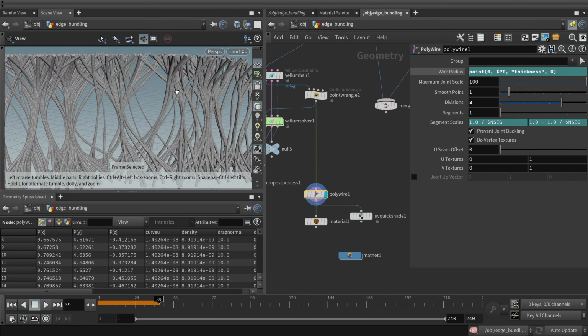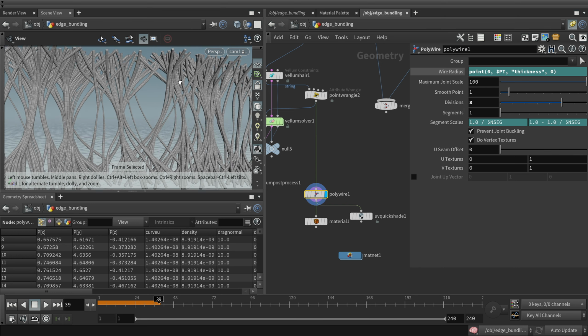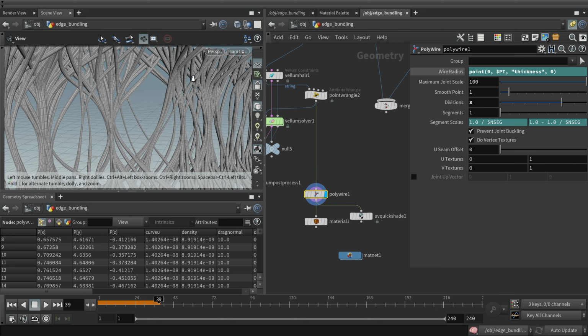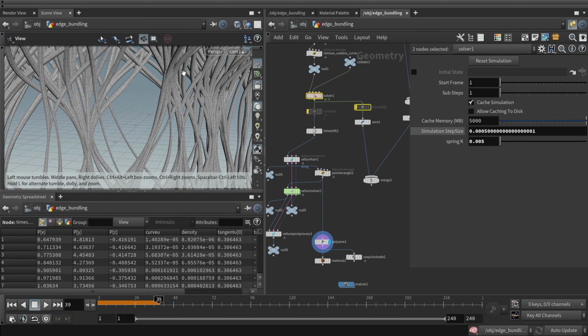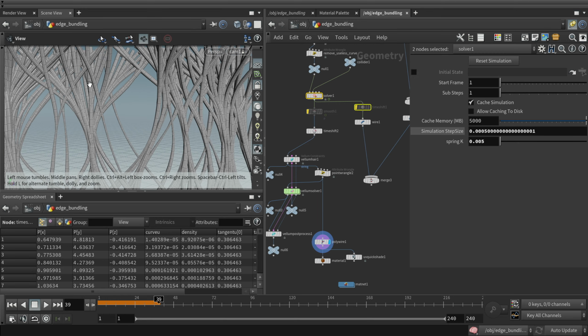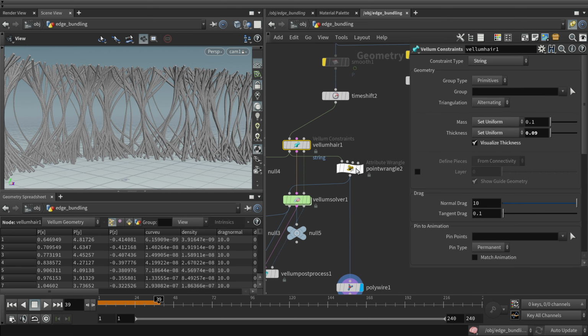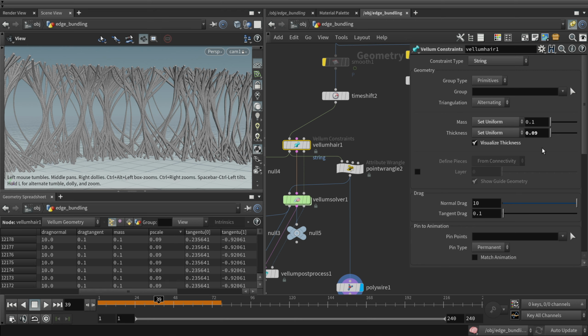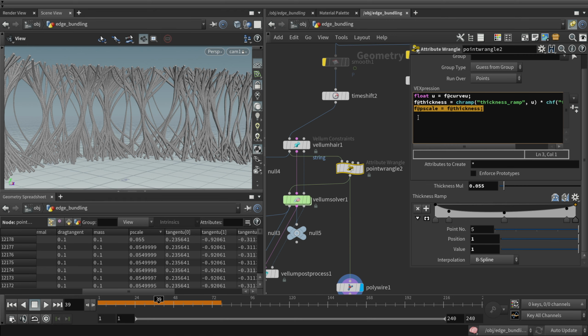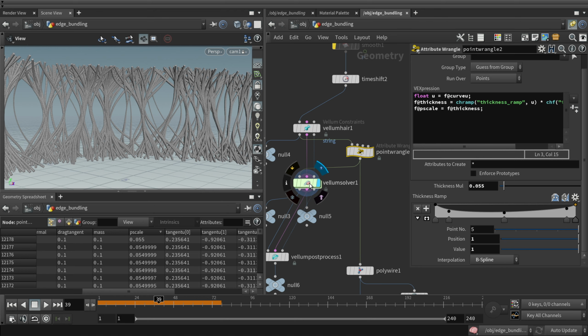There's one problem here. If we are trying to create some kind of tube by using this algorithm, using the sub-solver, we are colliding with ourselves. I think one of the solutions might be to use Vellum. We could use the Vellum string, because the string has a thickness attribute which is stored in the pscale. We could see it here, 0.09 is the thickness, and we override the pscale with our own definition of the thickness, and then we can pump it into the Vellum solver to untangle these overlapping lines,